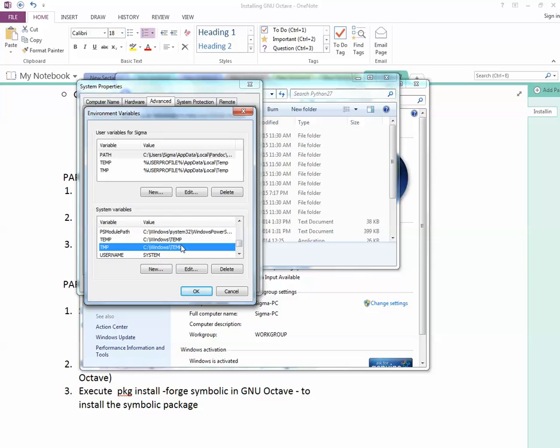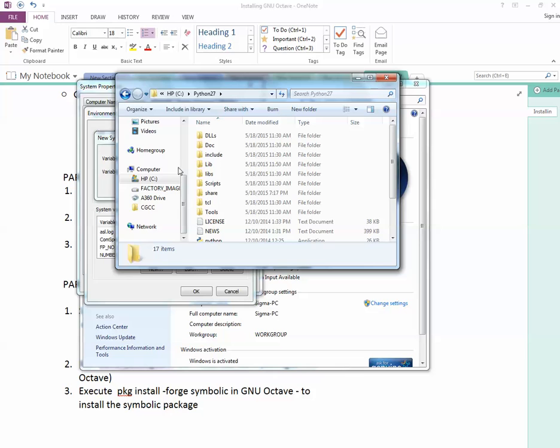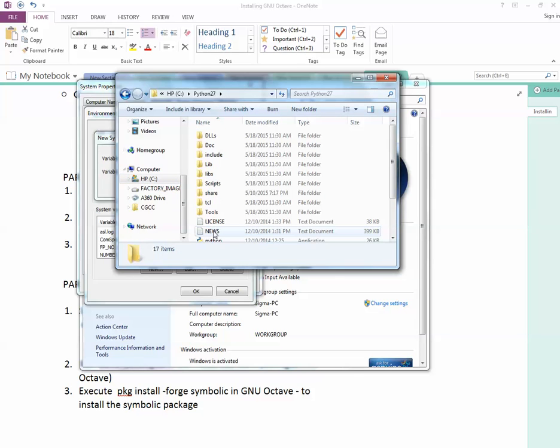Alright, well now I'm going to go ahead and click new, and I'm going to give this a variable name, so make sure you capitalize it. It has to be Python path typed out. Now for the variable value, we're going to tell our computer where it should go when something searches for the variable Python path. So now we're going to go back into our C drive, into our Python 2.7 folder, and we want to go into this libs folder,